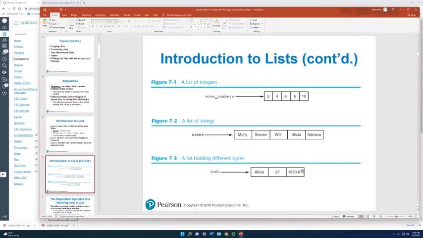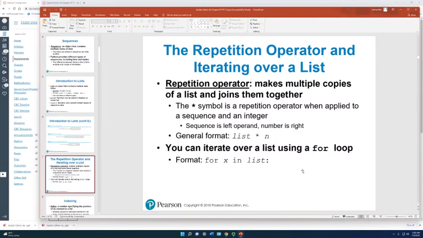When you create a list, often what you want is to be able to process that list. And that's where you do a repetition over a list. There's more than one way to do it, but the way that we use it mostly is with the for each statement, for x in list. In other languages, they call that for each. So let's look at your assignment, and let's go ahead and get started on your assignment as we go through the PowerPoints,